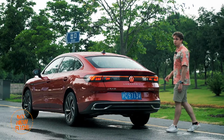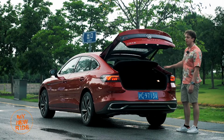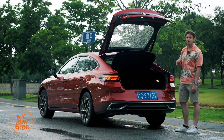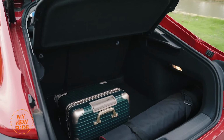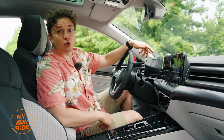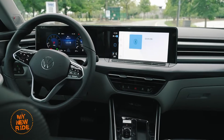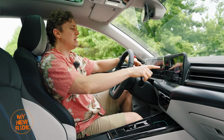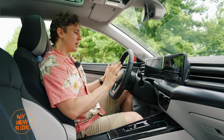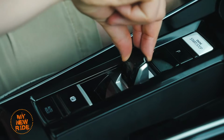The Lamando L is a true liftback, which means it has a huge rear opening and anywhere from 523 to 1,446 liters of cargo space, depending on whether you put those rear seats down. The interior equipment of the Lamando L will be very familiar to anyone who's ever been in a Mark 8 Golf. That includes the 2 TFT screens, the honestly pretty awful capacitive touch buttons everywhere, and the tiny little transmission